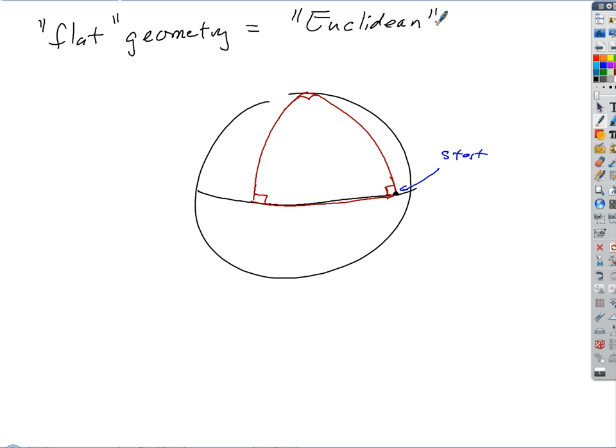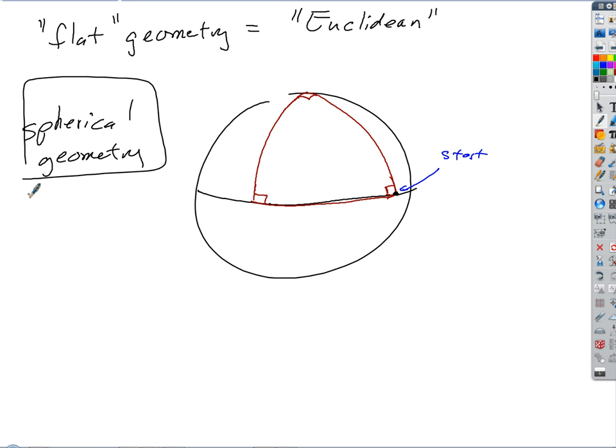Once you tweak the surface, so it's either spherical, then you've got a new kind of geometry that's needed, right? You need spherical geometry. At the end of the year, I'd like to take a little time and just introduce you to some concepts in spherical geometry. In spherical geometry, instead of talking about lines, you'd talk about what we call great circles. And it's a little different. The vocabulary is a little different. Much of it's the same, but obviously some of it's pretty different, right?